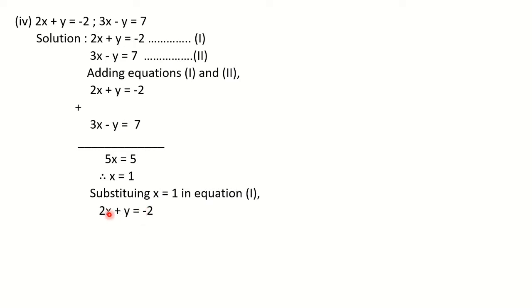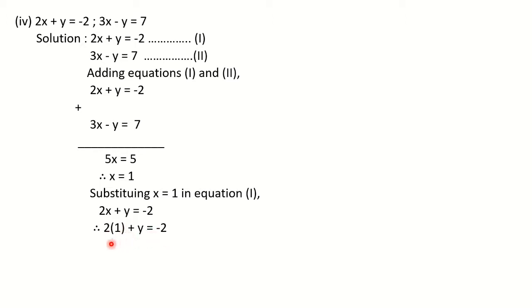So what is equation 1 here? 2x plus y is equal to minus 2. In place of x, now I am going to substitute 1. So what will I get? 2 inside the bracket 1, because in place of x you are writing 1, so you need to write it in a bracket. Or you can write 2 into 1, putting a multiplication sign in between. But you cannot simply write 2 and 1 side by side, it will become 21 then. So either you write the multiplication sign or you write it in a round bracket. So 2 inside the bracket 1 plus y is equal to minus 2.